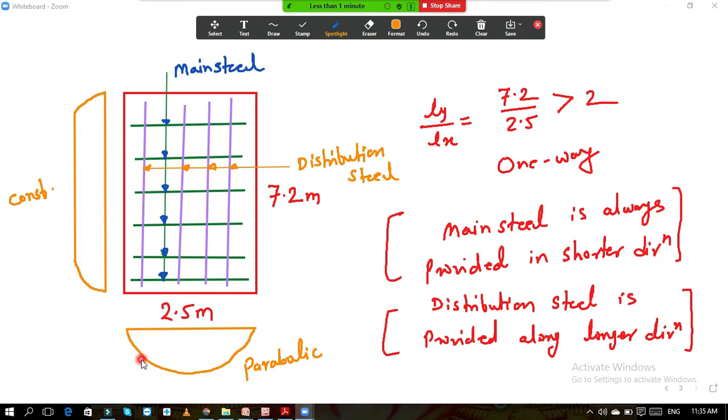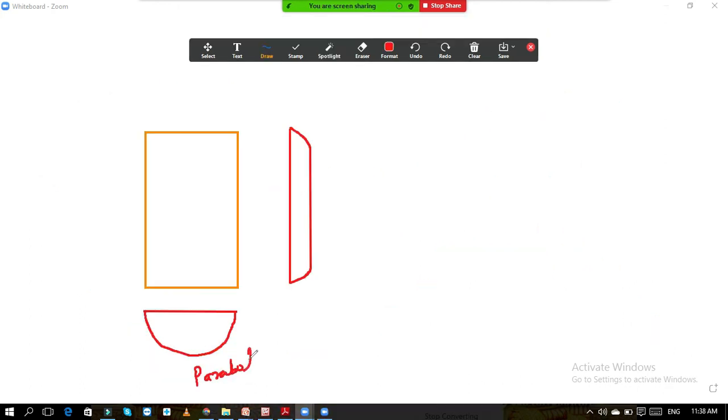So that is why your main steel is there. That main steel should try to resist this deflection and should try to resist the bending moment also. Okay, bending moment and deflection are two different terminologies. Steel is provided, its first purpose is to resist the bending moment, and also it is provided to resist the deflection so that the structure will not fail. So if you see, this is the parabolic type, so the deflection is varying parabolically, and this is the constant deflection.